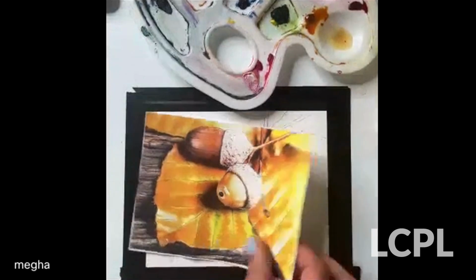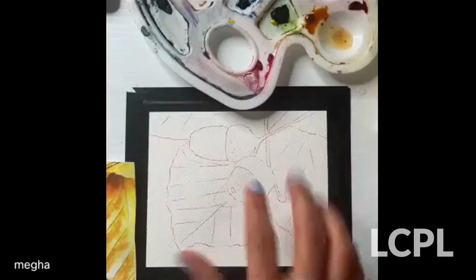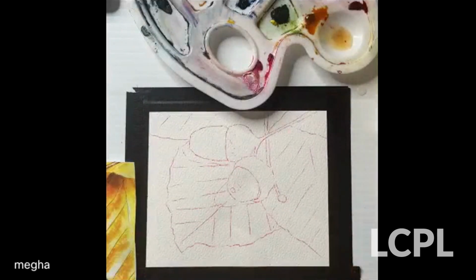So before we start, I want you to do the drawing. And you can see the drawing is pretty simple, just two acorns and two leaves. And don't worry too much about the details. Get started with the drawing. And once the drawing is done, I'll explain everything what we need and how we're going to actually start planning